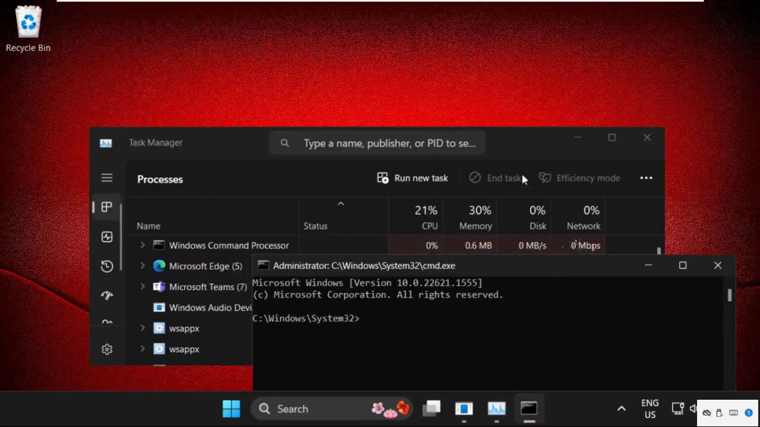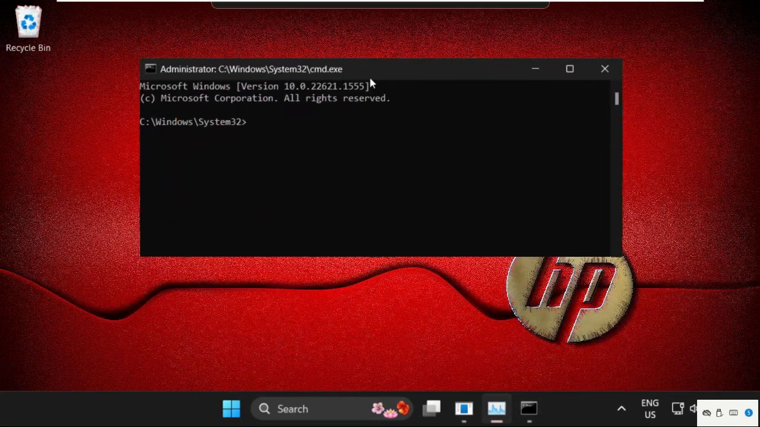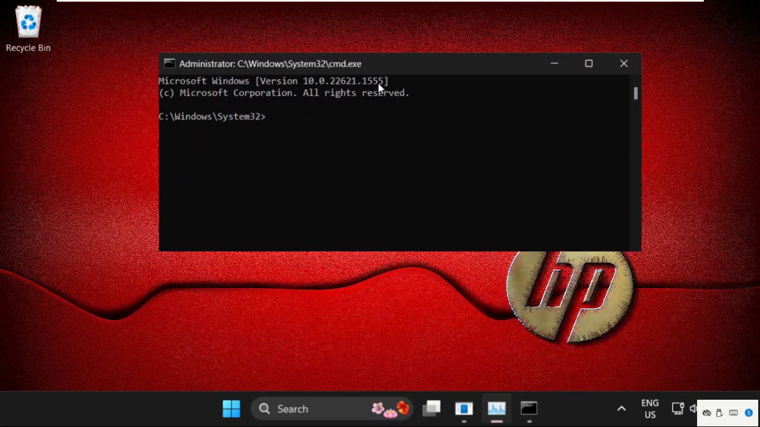So once we are here, we need to execute some commands, so type all these commands carefully and simply hit enter to execute them. In the first command, we need to type in gpedit and hit enter. So this will take around 4 to 5 seconds to complete the process, and once done, we will move to the next command, that will be